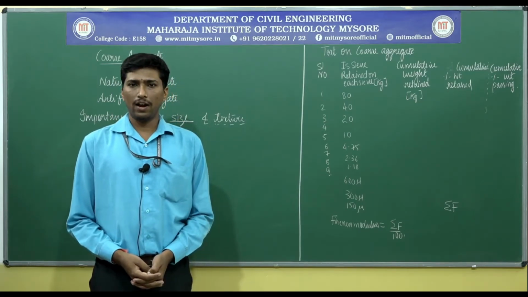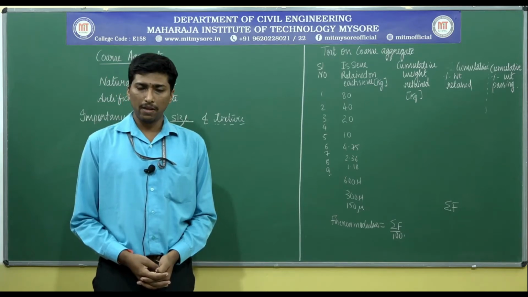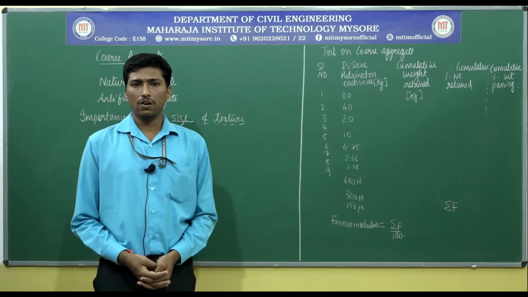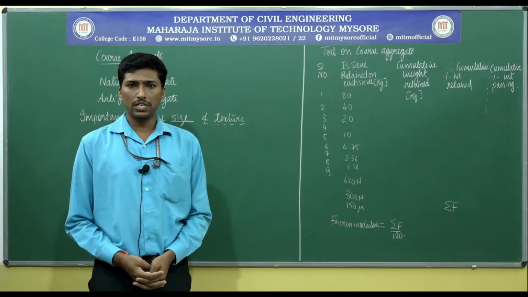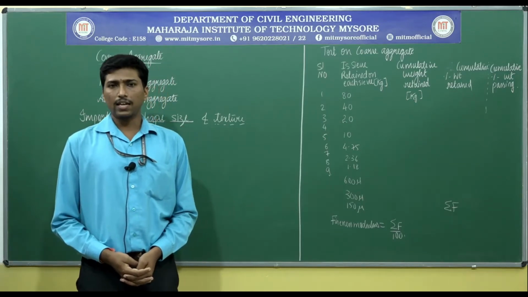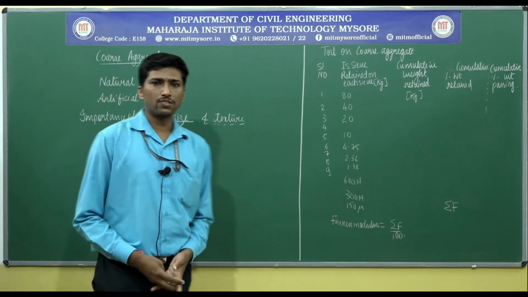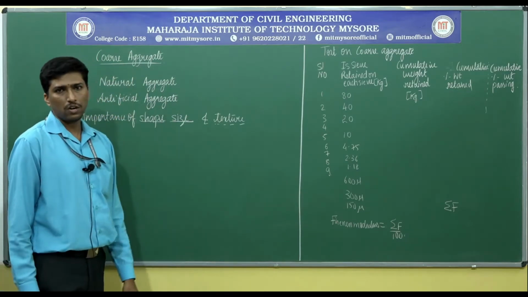ingredients required for the concrete, and in the manufacturing or even the processing of the concrete, laying, all the phases of an operation, care has to be taken with respect to the usage of the material. That kind of material, we call it coarser in nature, and the aggregate we call coarse